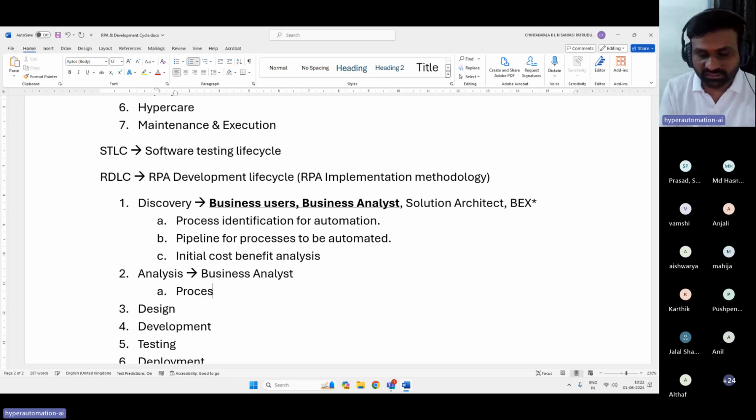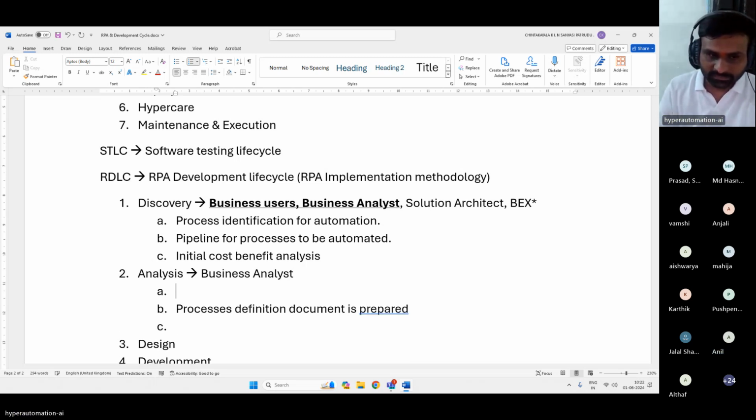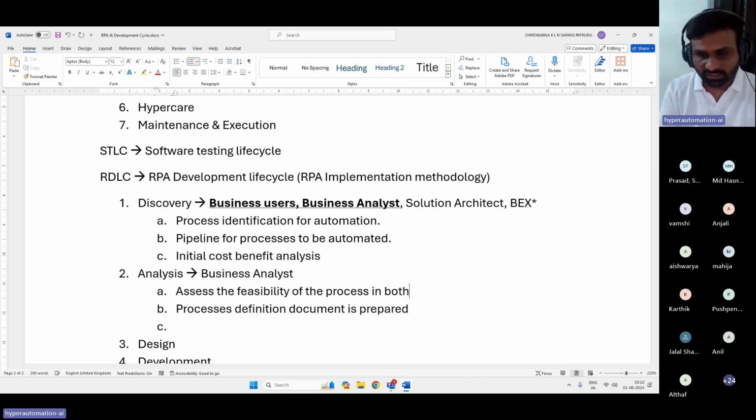The process definition document. And before that, assess the feasibility of the process in both functional and technical.